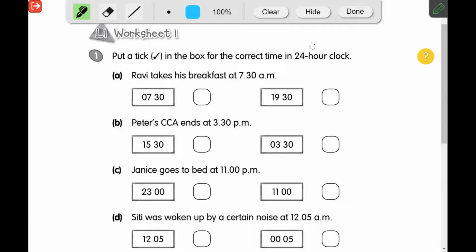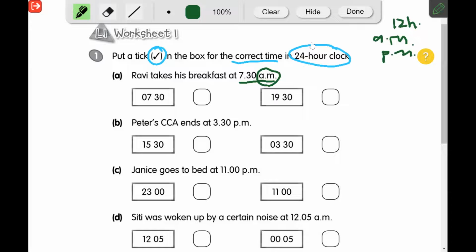Okay, the question here says, put a tick in a box for the correct time in 12-hour clock. So over here, you see AM, PM. AM and PM will mean 12-hour clock. Okay, 12-hour clock. 24-hour clock,